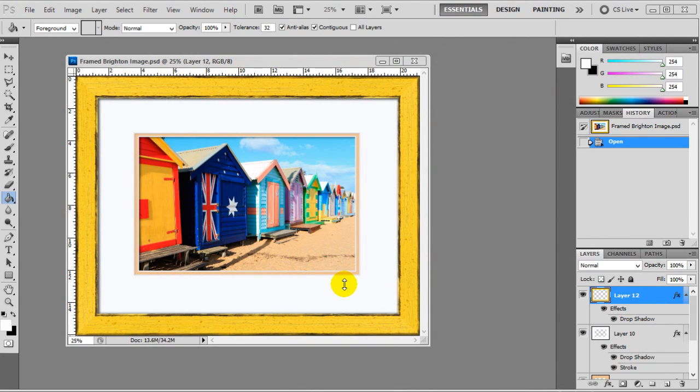Hi, my name's Jared Davis and I'm going to demonstrate how you can use Adobe Photoshop to frame a picture without actually having to frame it. It can be handy sometimes when you want to create a visualized framed image using Photoshop, especially when you